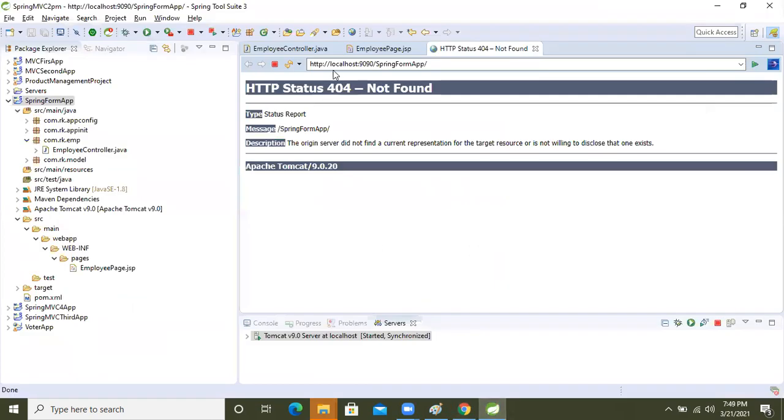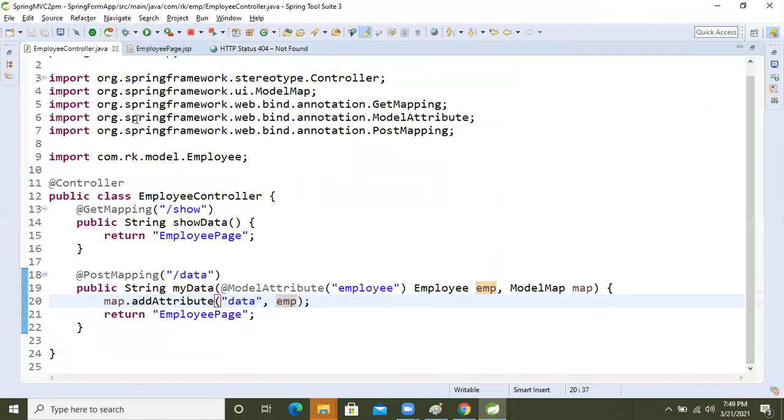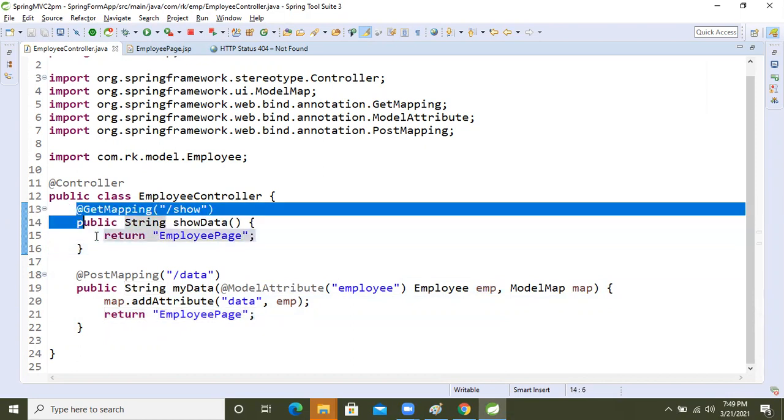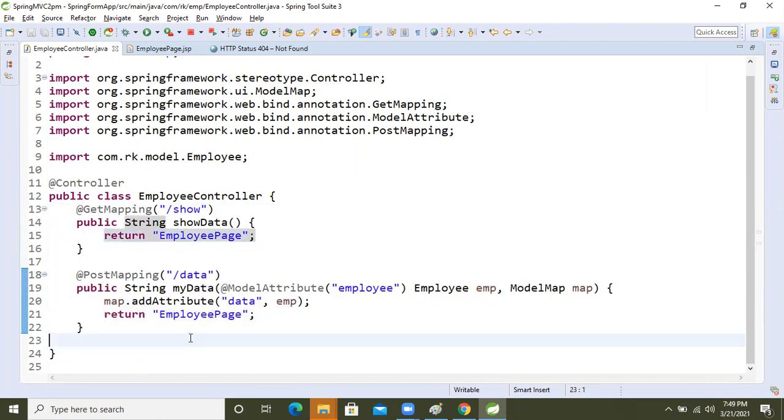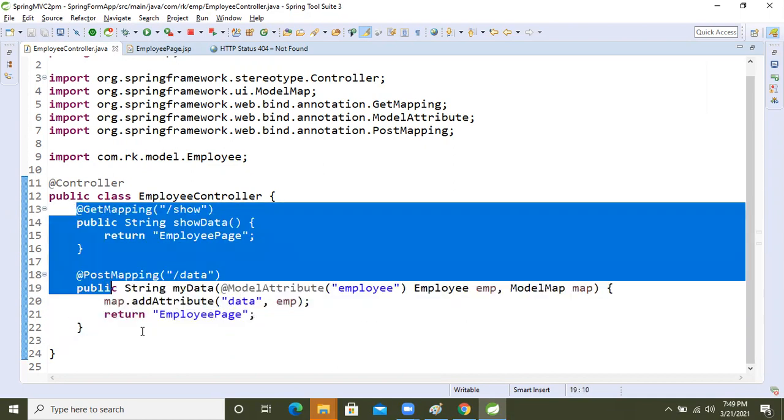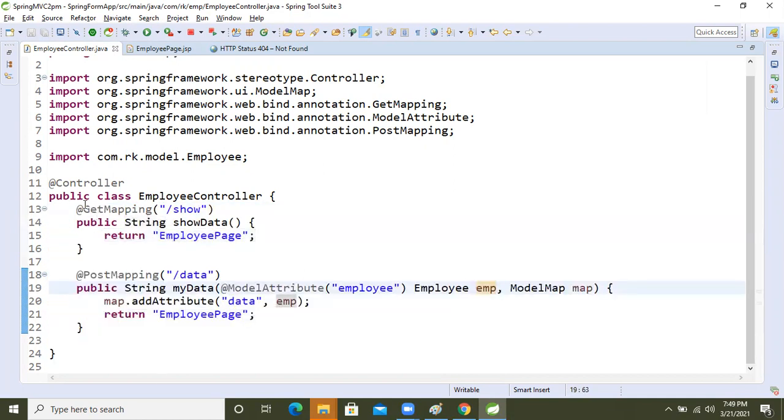So this concept was introduced in Spring 4.x onward. Here, whenever we need to use the data, at that time we will use this object. Otherwise, there is no need to use it. So we are reducing memory wastage. This is the new concept, and from here onward, whatever application we develop next weekend, we will use this concept only.